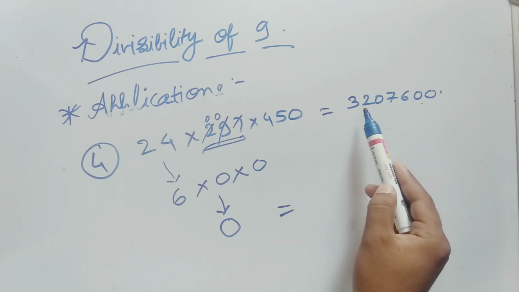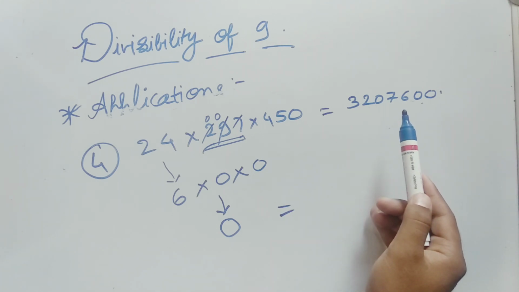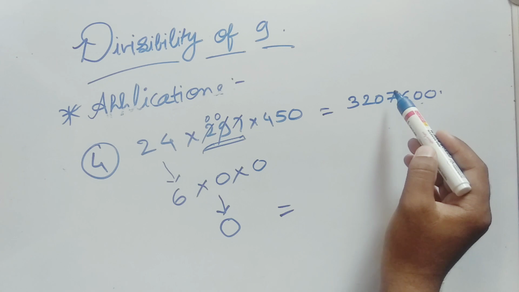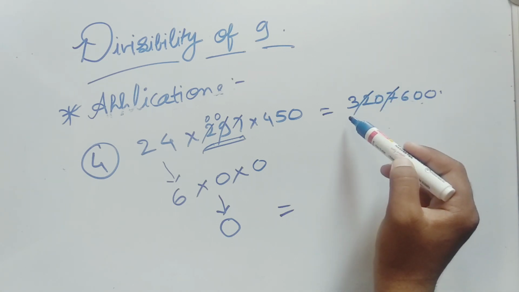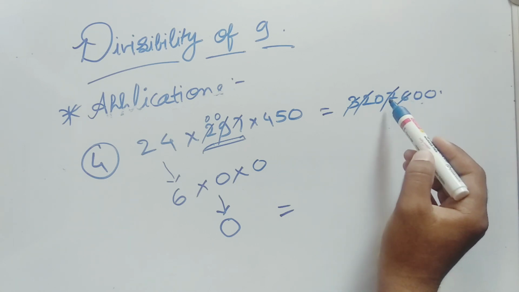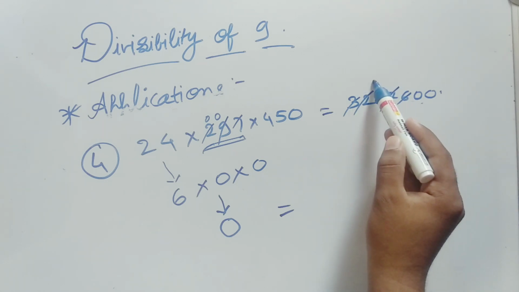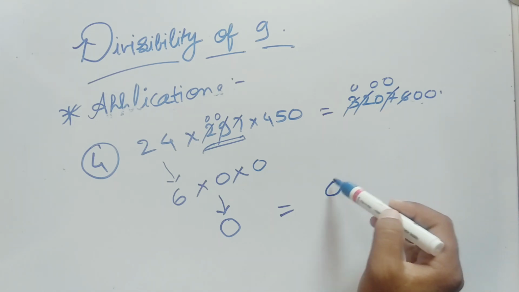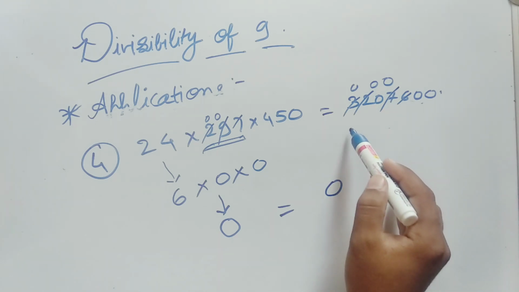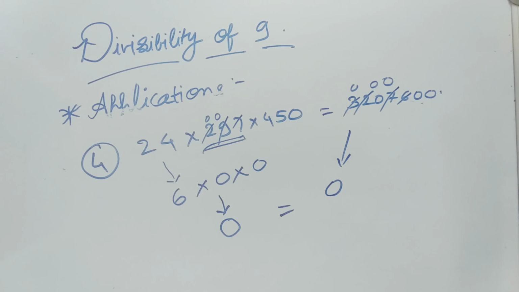Now we'll try to check the solution part single digit. Now rule out the digits which add up to 9. So 7 plus 2 gives us 9 and 3 plus 6 gives us 9. So first 9, second 9 and rest all are zeros. So the answer part is also having the single digit conversion as 0.